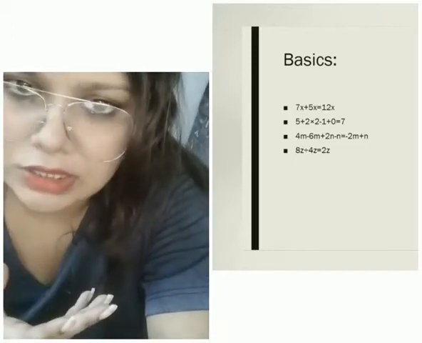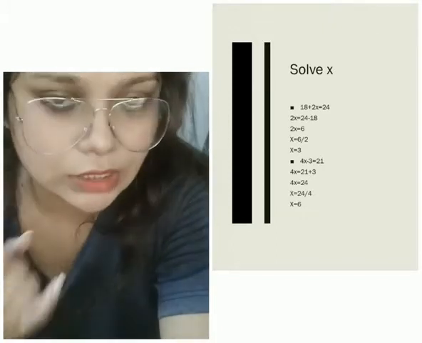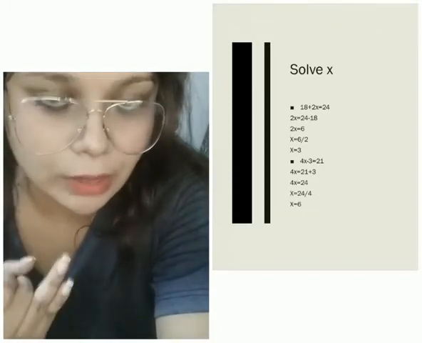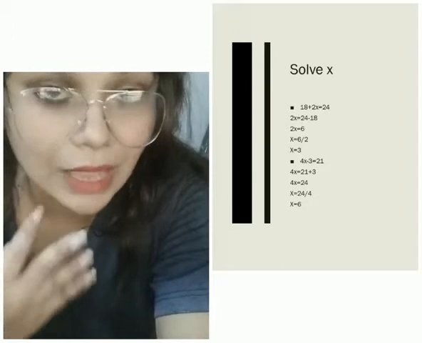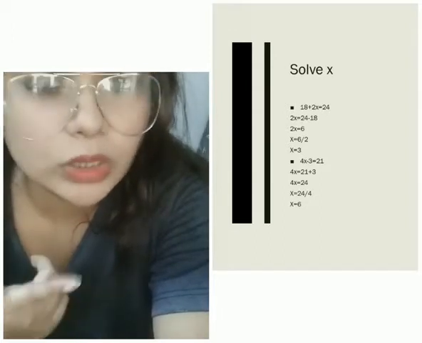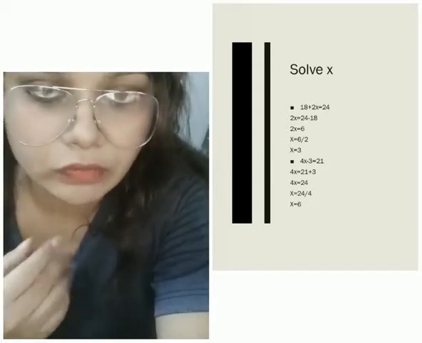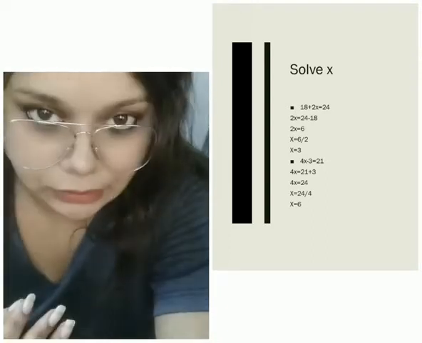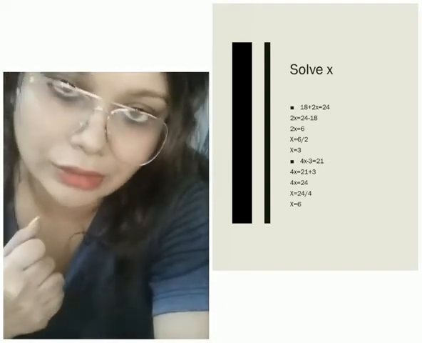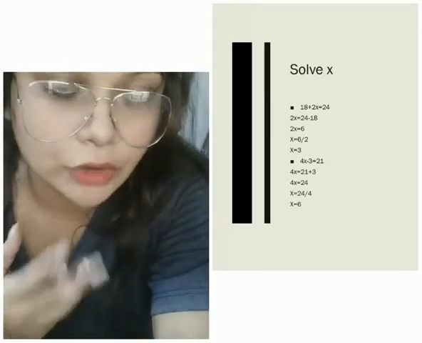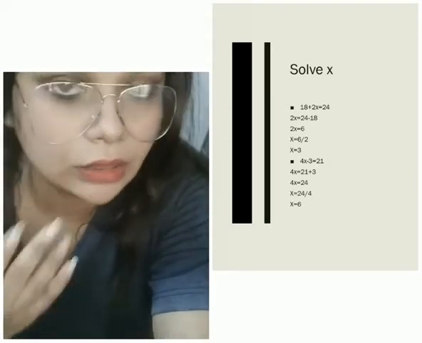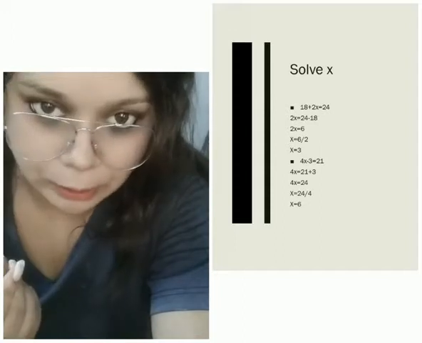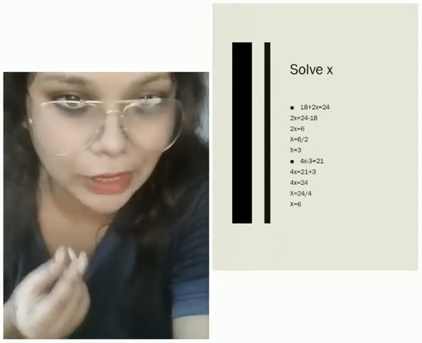A mathematical expression is nothing but division, subtraction, multiplication, addition, which everyone knows. Then what is meant by variable? A variable is a letter that represents a number. For example, 5x. Here 5 is a number, x is a variable.